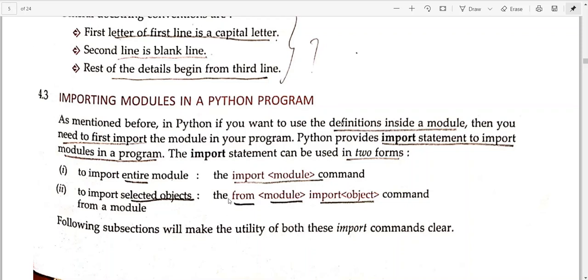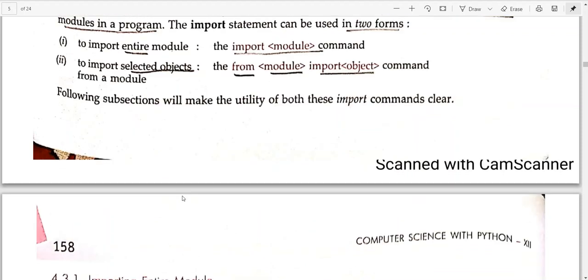There are two different ways to use this import statement, or import command, we can say. If you want to import your complete module, or the entire module, then you need to write import and the name of the module. Like you want to include the math module, so import math, just that. And if you just want to use a particular object of that particular module, then you need to write from math import power, pow. Here it will include all the things that are included in this module. Here this will include only that particular object. We will see these things on the next page, how to use it.